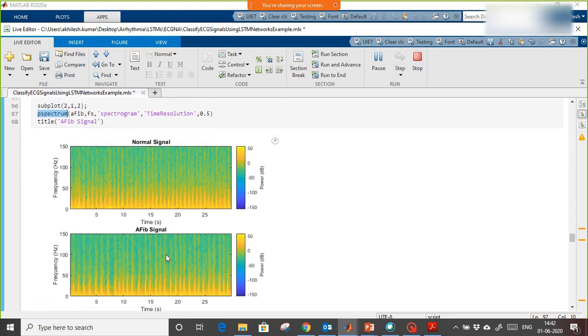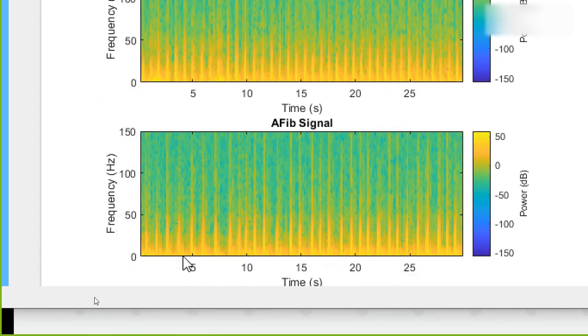So of normal and abnormal. What is this graph actually? On the x-axis it is time, on the y-axis it is frequency. What it is showing you is, with respect to time, whether any frequencies are introduced or not. Based on the color, if it is blue somewhere, it means there is no frequency, zero frequency. When you go up, it shows higher frequency. So what features can we extract from there? At every time, what frequencies were introduced, that is the instantaneous frequency. And we'll use that as a feature to train our deep learning model again.